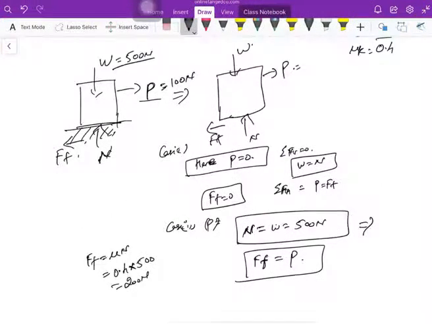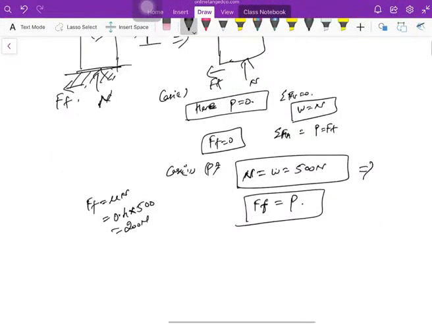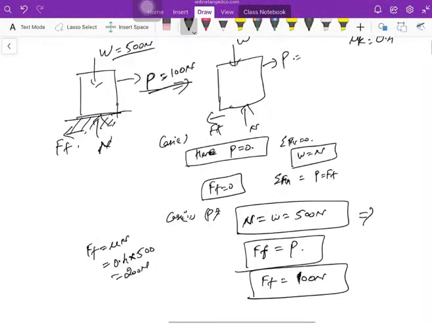But since it is in equilibrium, if you do the force balance, I got my Ff here as almost 100 Newton, because that is the load here. Practically, the resisting frictional force is 200 Newton, so if you're pulling this block with 100 Newton, the block won't move. The block will still be stationary, which tells me that the frictional force is 100 only.